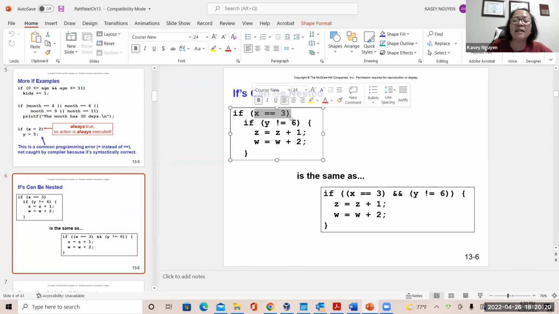Okay, then it's going to go into the next if, so we have to nest it within after this branch is met. So let's say that I evaluate x here, and if x is equal to 3,